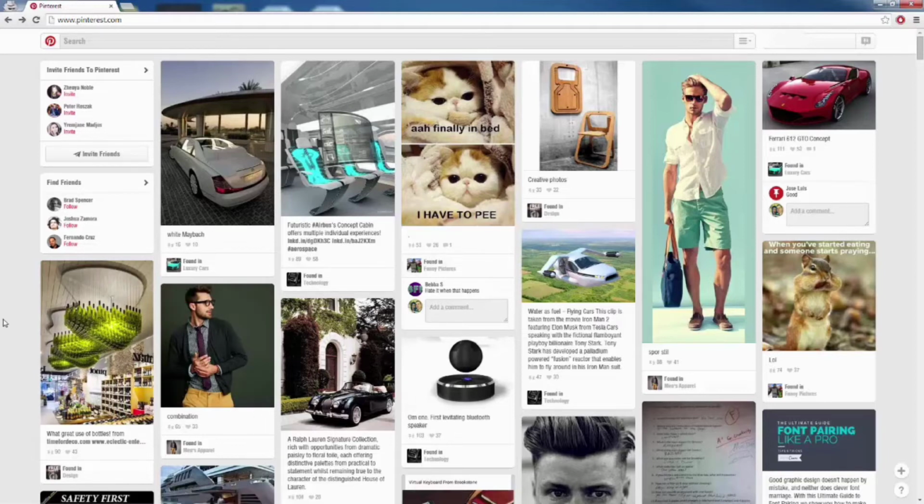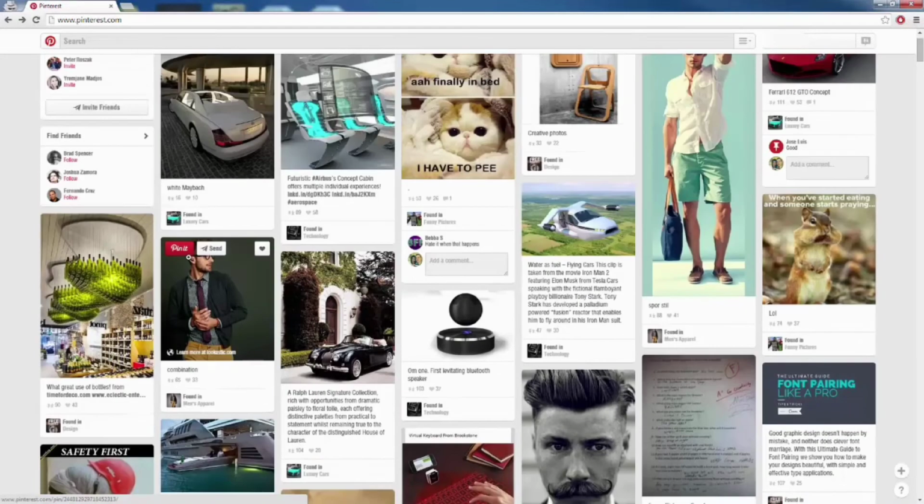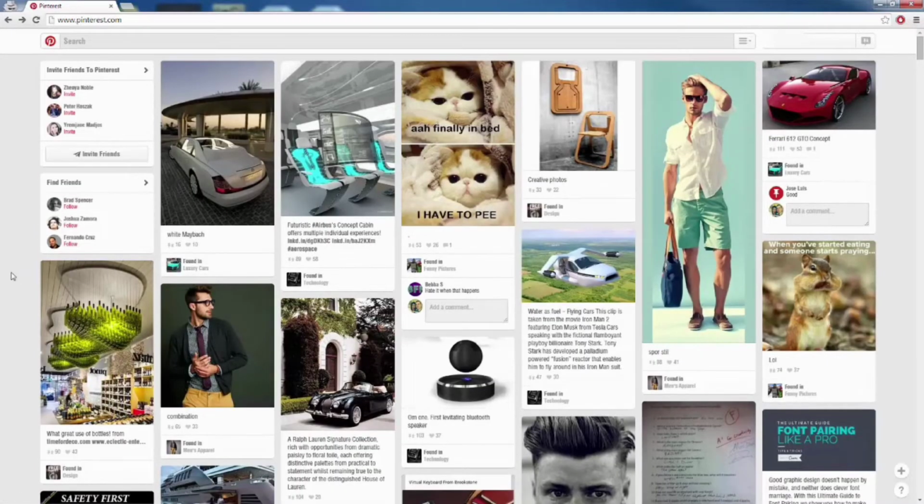And as we can see, it is a bunch of different images mainly that cover my board. And if I was to follow your board, for example, I would see whatever you post on your board here. So the strategy that we're going to use is we're going to create our own board that is related to our niche. And inside of that board, we're going to be pinning our squeeze pages and any other information that we want to pin that kind of directly relates back to our website.